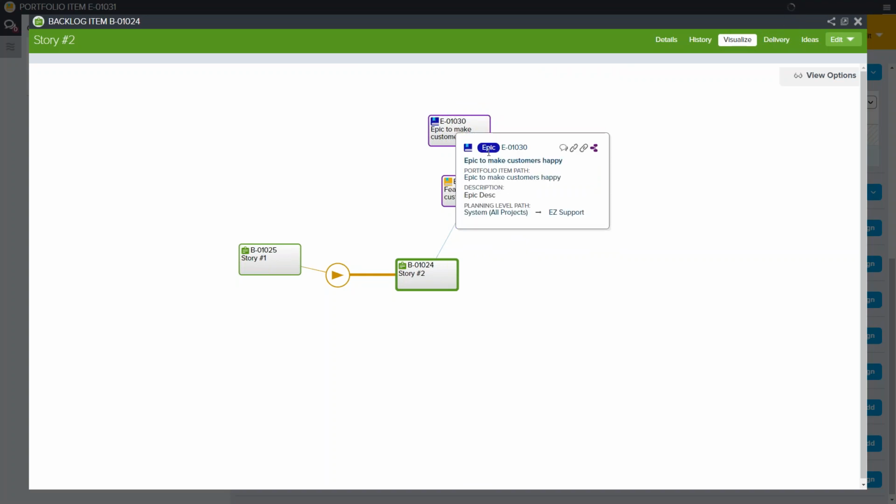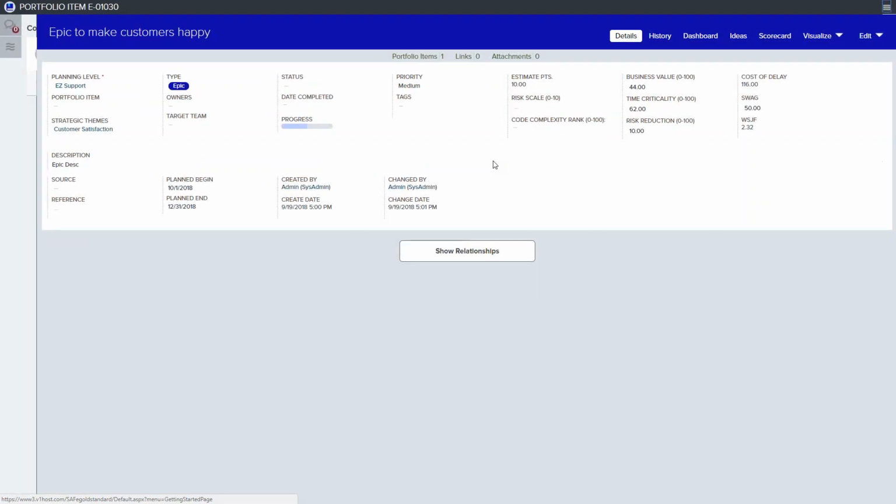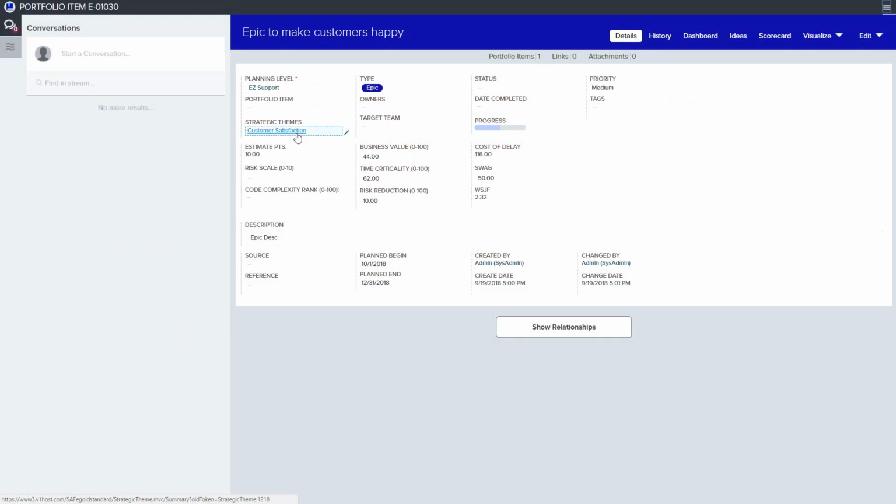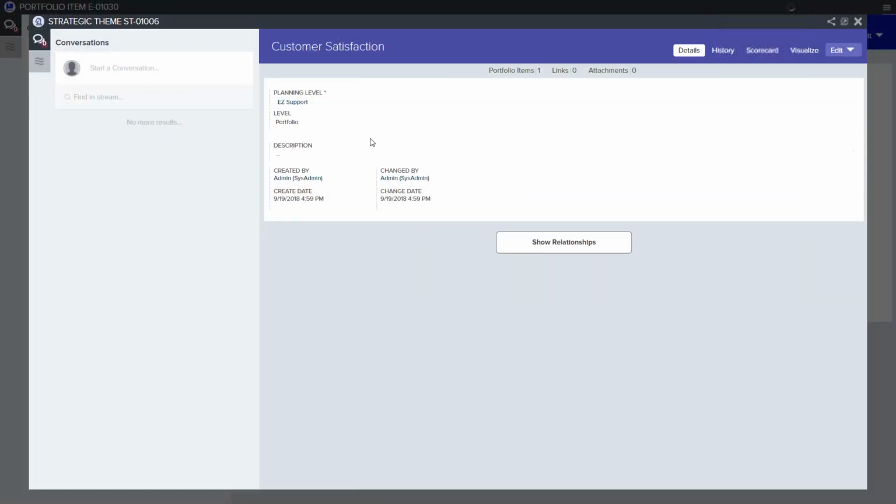Just to close out that, let's go ahead and look at that epic, and then we'll go all the way up to the strategic theme. So I'll click on the epic. We'll go up to this customer satisfaction strategic theme now, and we'll see how well we're doing on that. So there is a scorecard view of that as well. So if we want to see the